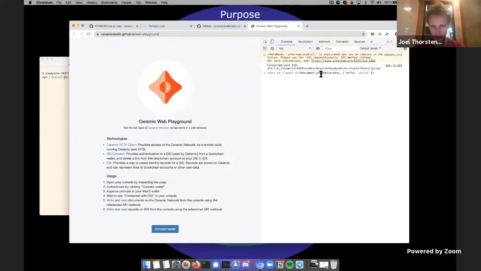So I call the create function here, pass Ceramic, and pass a first state of my data stream. Now if I execute this, I have this stream instance on s1, and I can do s1.content, and I will see that I have this object.